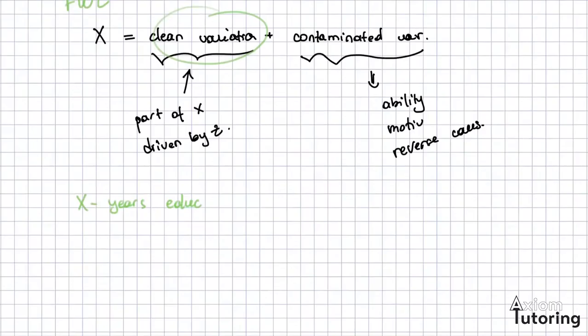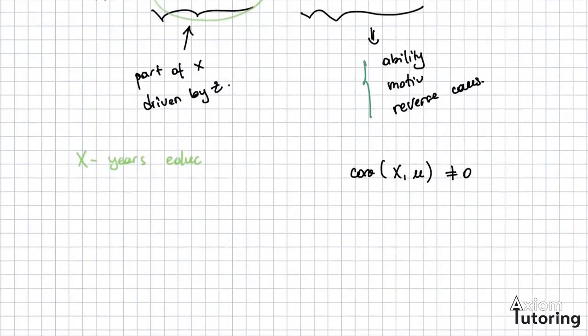The endogeneity problems that you would have are all of this in here: ability, motivation, and the reverse causality that is coming from Y. So it's clear that the covariance between X and the error term is not zero. When you introduce this new Z variable,